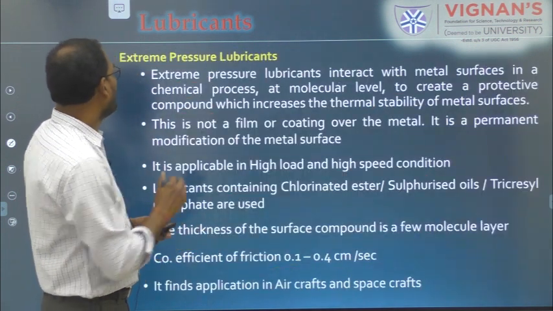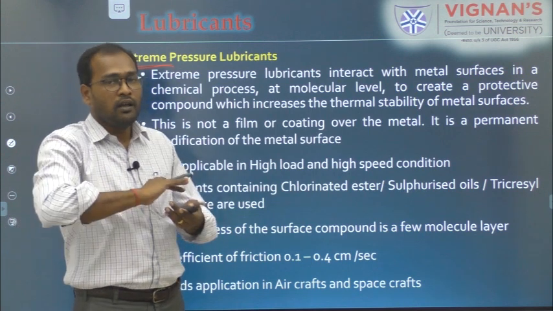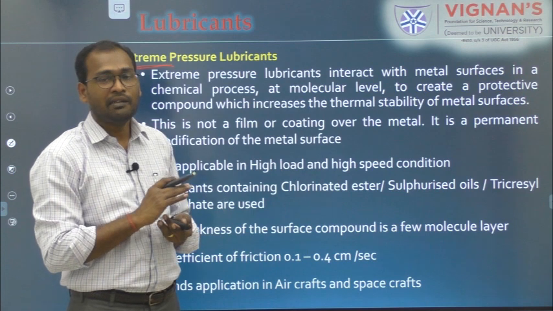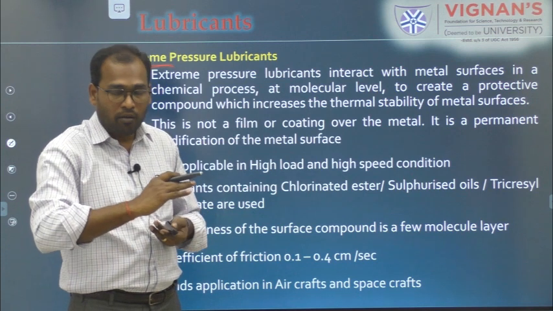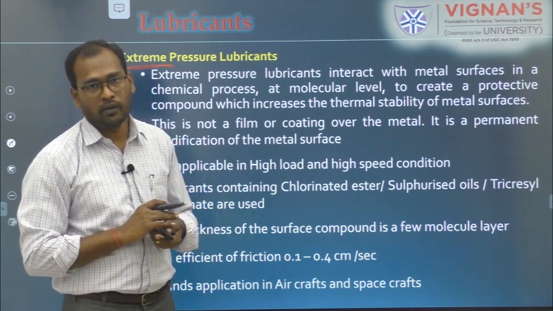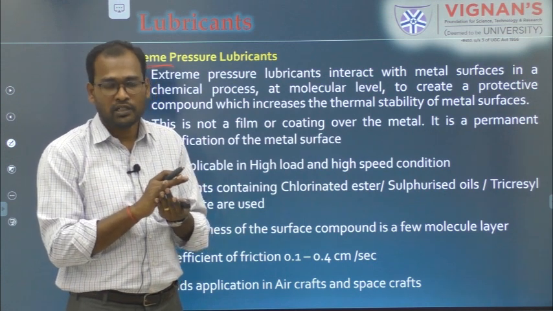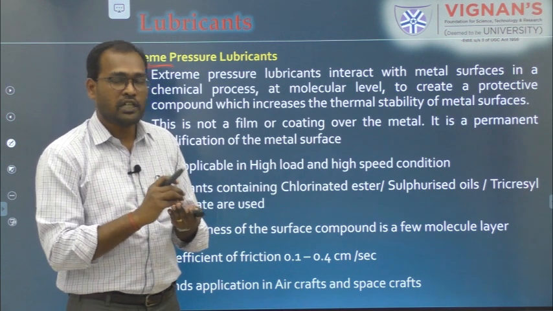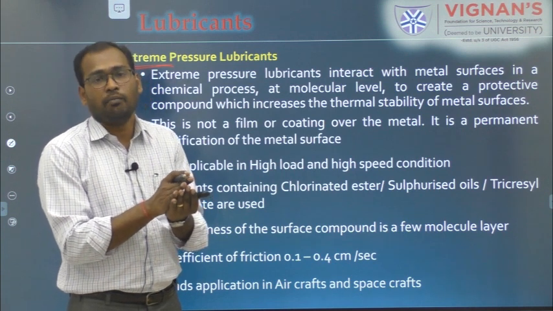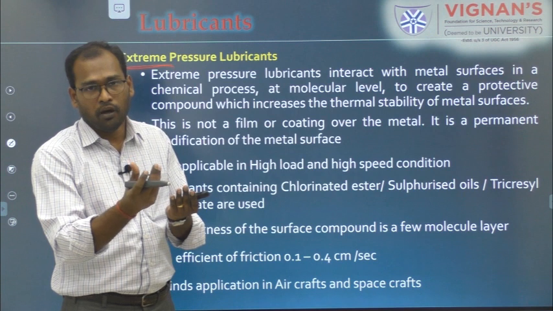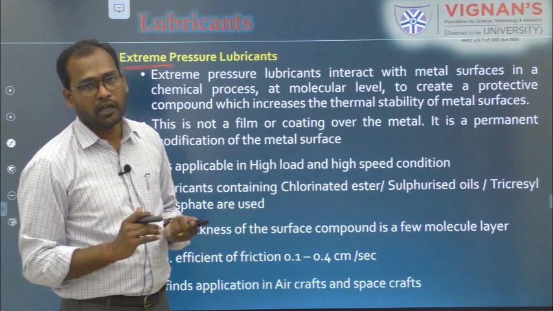Okay, right. Coming on to the third one, extreme pressure lubricants, right? And what happens here is, it's not a physisorption or chemisorption happening here. Here the material reacts with the surface itself and it forms a compound, and that compound will act as a lubricant. Okay, so it's given here. So it's not mere absorption of the lubricant over the surface. The ingredients or the lubricant which has been added will react along with the metal surface or the surface in which it has been applied, and once it reacts, it forms a new compound, and that compound will act as a lubricant, and that will give the lubricating property, right?